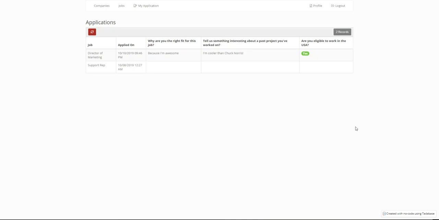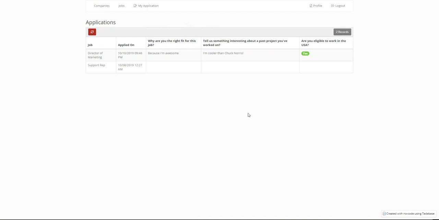Okay, so now we're almost done building out our application. We have a way for the admins to add jobs. We have a way for the candidates to log in, to sign up, and also to apply to specific jobs, and also keep track of their applications on a My Applications page. One thing I do remember that we did forget to do was the ability for the signups to also be